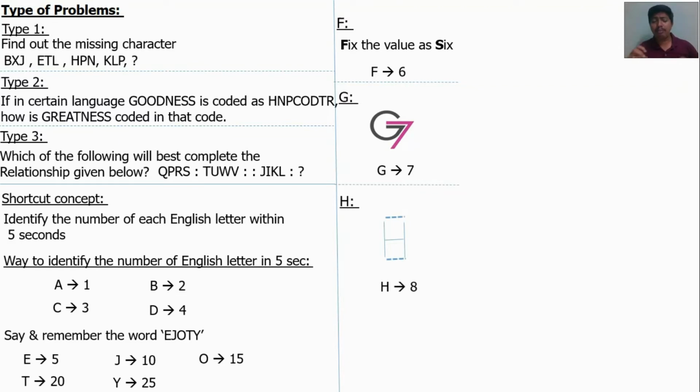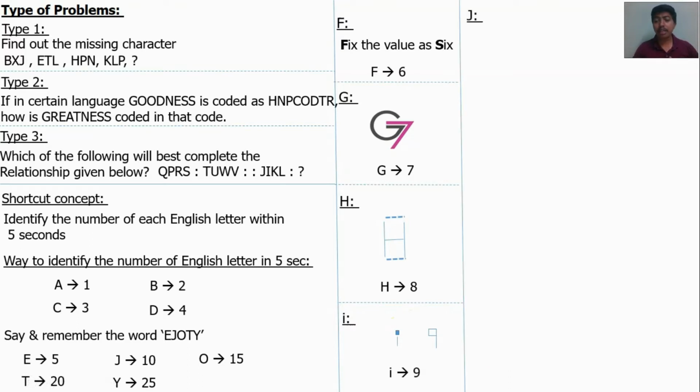By observing the shape of the letter, we can tell. Don't count the English character positions. If you count, it will take a long time. The shape of I is like a 9, because the dot is like a 0 and the stroke is a 1. So I's position is 9.